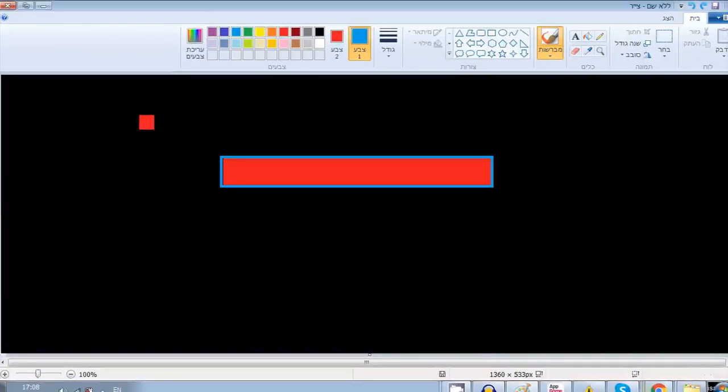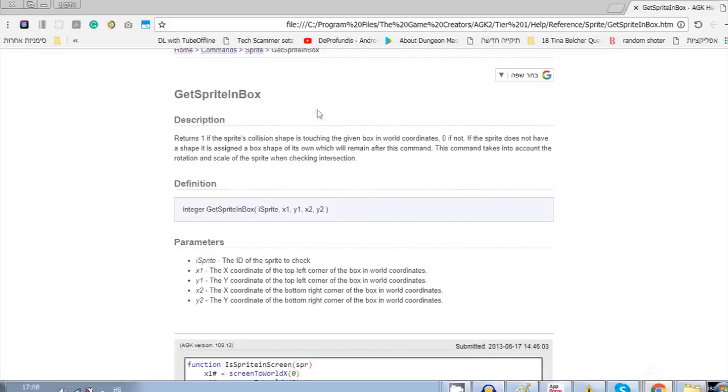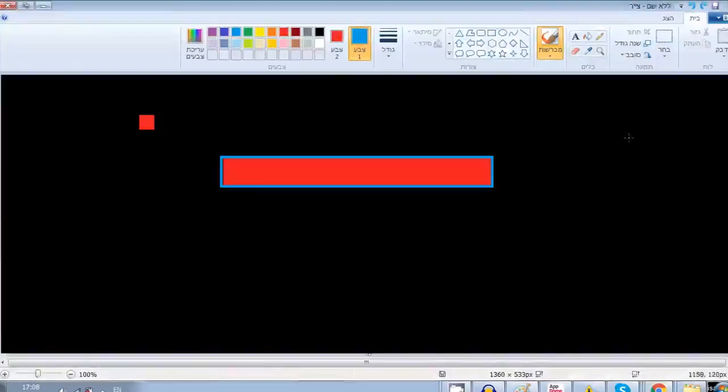We will need to use get sprite in box. So it gets the sprite. You want to check that in this box, x1 y1, x2 y2. So I'll show you what this function does first. So this is x1 y1, this is x2 y2. Behind the scene it will draw this rectangle between them, and that's the entity we want to check collision with. So if it's inside the imaginary rectangle we created,